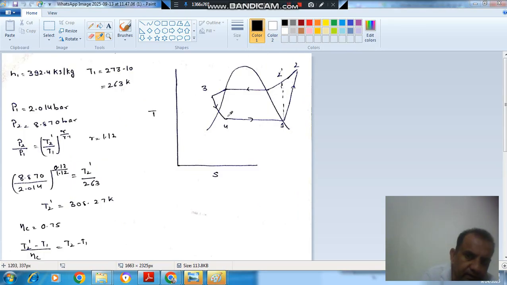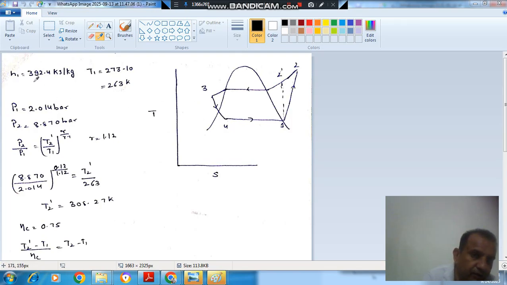And this is the T-S diagram. Here 1-2 is again compression, 2-3 is condensation, 3-4 is isenthalpic process, 4-1 is evaporation. If we consider 1-2 dash as the isentropic process in this compressor, then